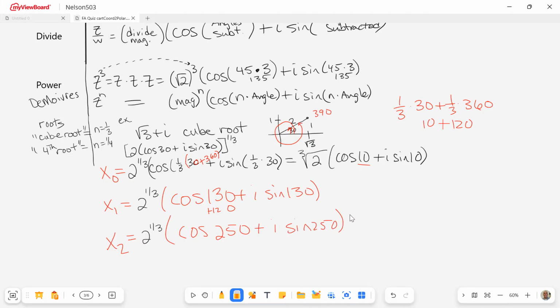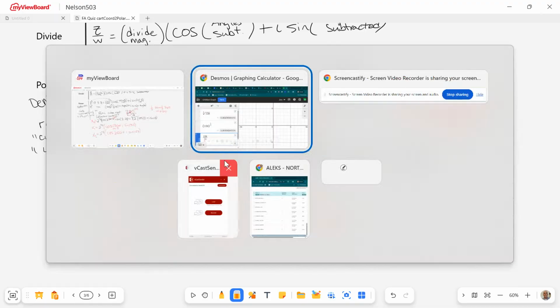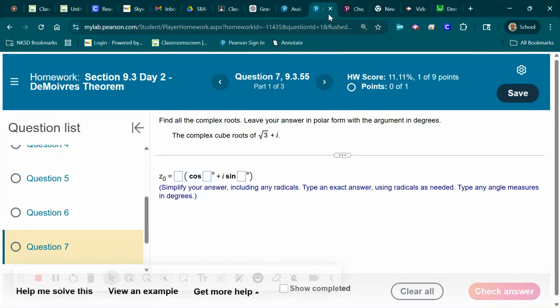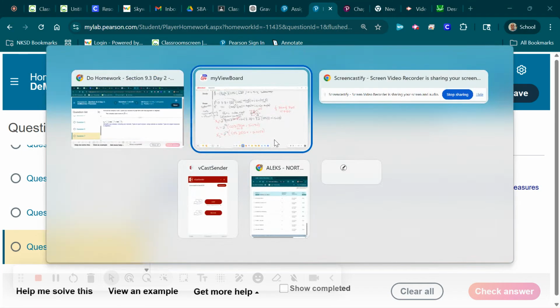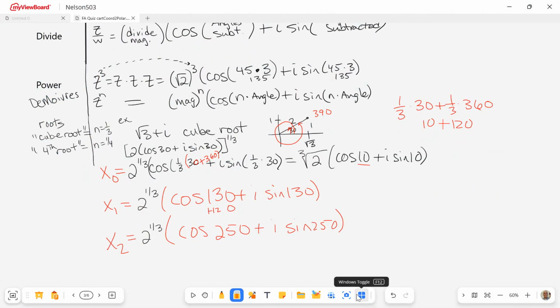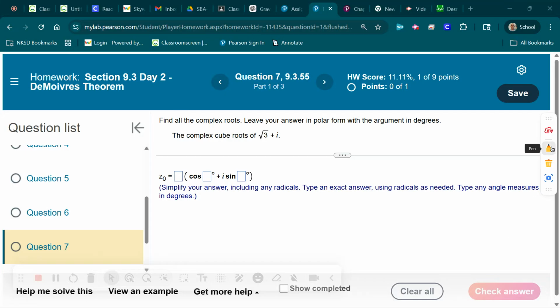So let's go over and try that right now on our Pearson problem. Follow me over, get number 7 ready to go. We've got a square root of 3 plus i, okay? So let's see if I can jump over there and write on that screen. I think I can open up my tools here so I can write on there. So I'm going over square root of 3, I'm going up 1, right? This is the one that I was setting up a second ago, and I said this is 10 degrees right here and 10 degrees here, and then this was